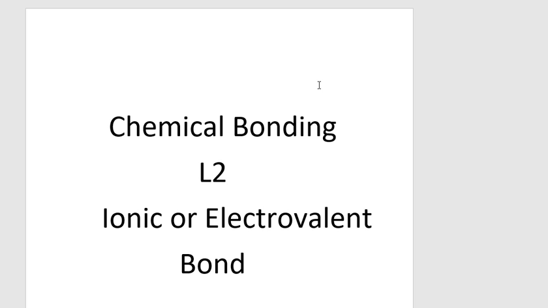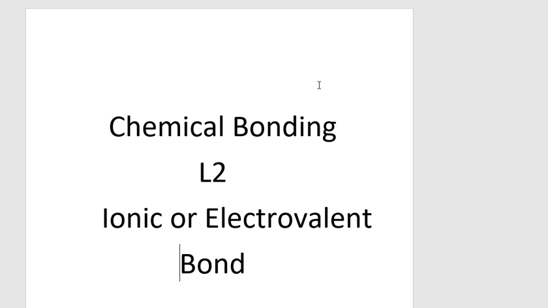Good morning, students. Here we are on the second lecture in chemical bond. In the first lecture, we had discussed the general introduction of covalent bond, the octet rule theory, what an octet rule is, and how the octet rule is important to describe the formation of covalent bond. Here we are discussing ionic or electrovalent bond and the role of the octet rule in the formation of ionic and electrovalent bond.